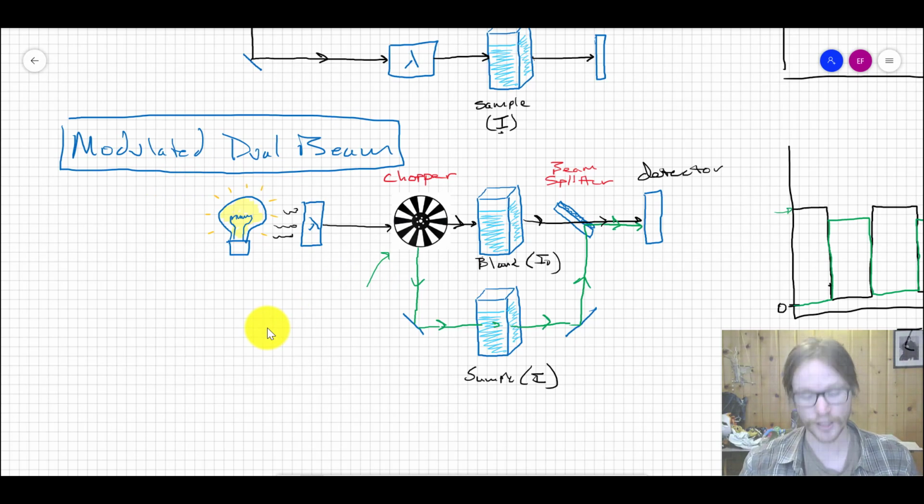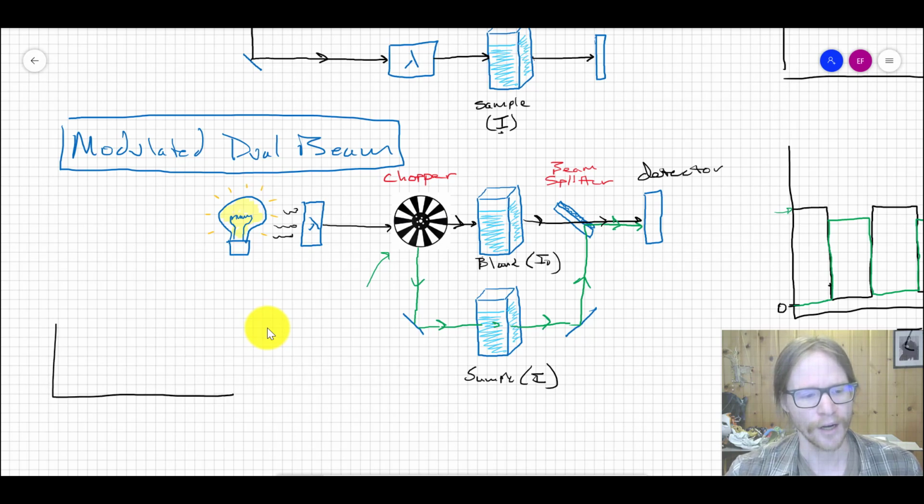And this is actually, if you go to take Chem 342 with me, I have a week-long lab where you'll build your own modulated, not dual beam, but essentially dual beam spectrometer. What we would do in a Chem 342 class is you'd spend like 4 days learning circuitry really fast, and you would take a breadboard, and on that breadboard you'd wire up this whole thing, lots of circuits,